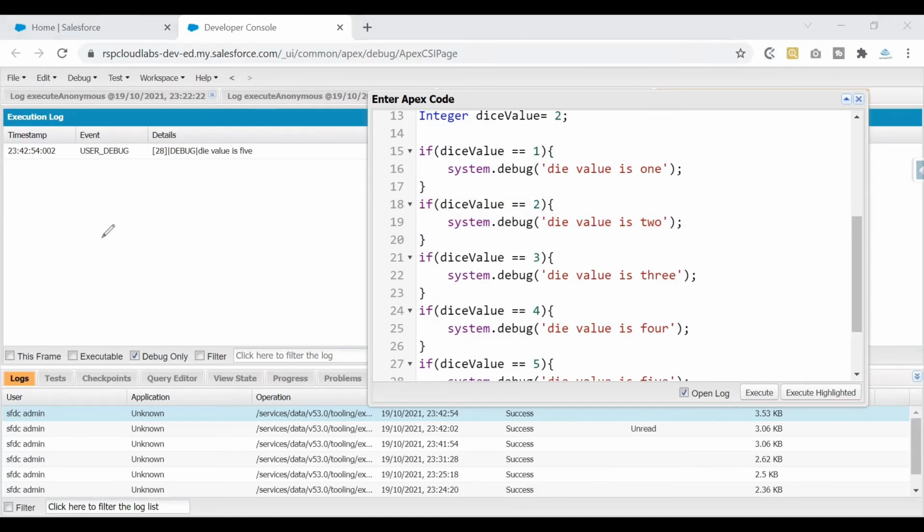If I have to put that in a diagrammatic way, we're checking for 1. If 1 is not true, then we go to 2. If that is not the case, then we check for 3. If that is not the case, we check for 4. If that is not the case, we check for 5. And if that is not the case, we check for 6. So this is how we proceed.